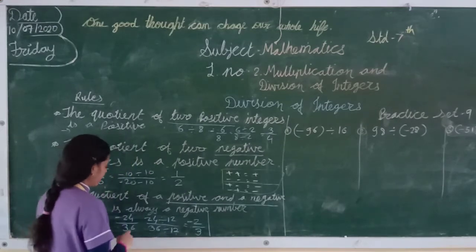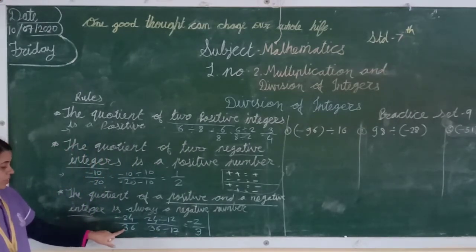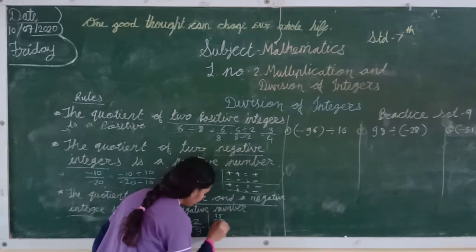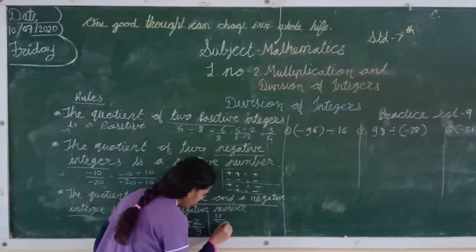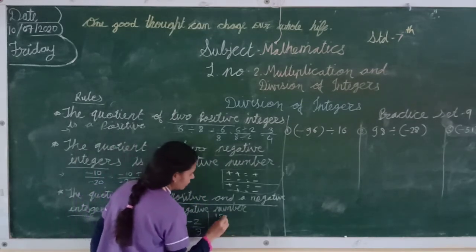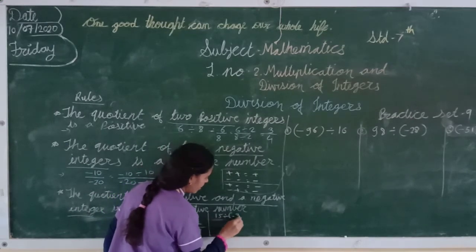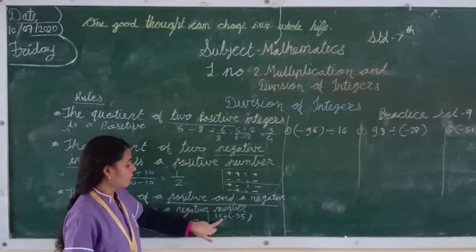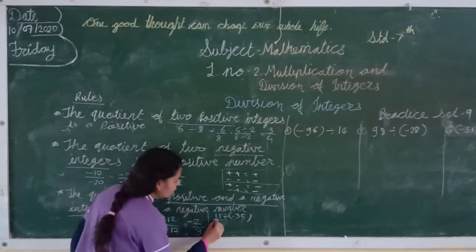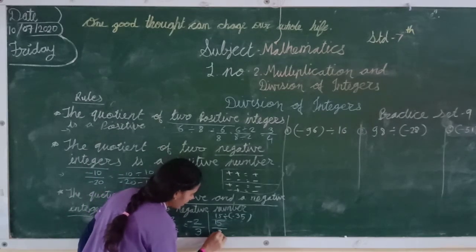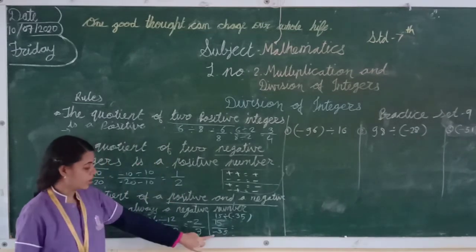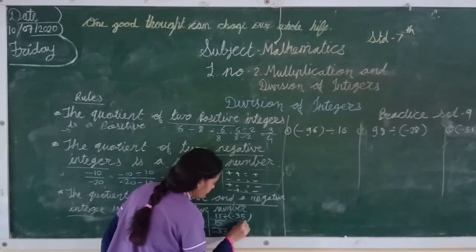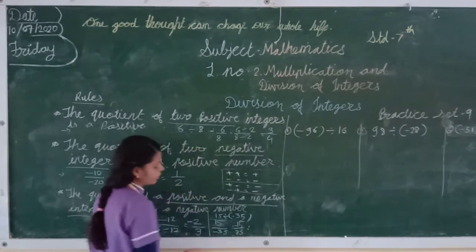One more example we will take. In the previous one we took first negative and then positive. Now I will take first positive then negative. 15 divided by minus 35. Okay students, now listen how we solve 15 divided by minus 35. Remember one thing, you will not keep the minus sign in the denominator, move it to the upper side. It is minus 15 upon 35. We have to write it like this.